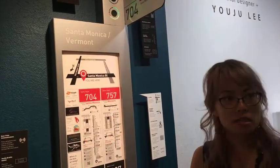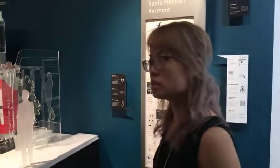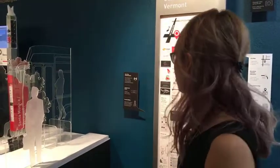there. This is in consideration of the fact that when you're transferring between lines, oftentimes the bus stops aren't that close together if you're unlucky. So it's helpful to know when you're getting off one bus, when you're going to the other bus stop, do you have to run in order to catch it, or can you walk? Nothing hurts worse than rushing to get to the bus stop and just missing it and having to wait yet